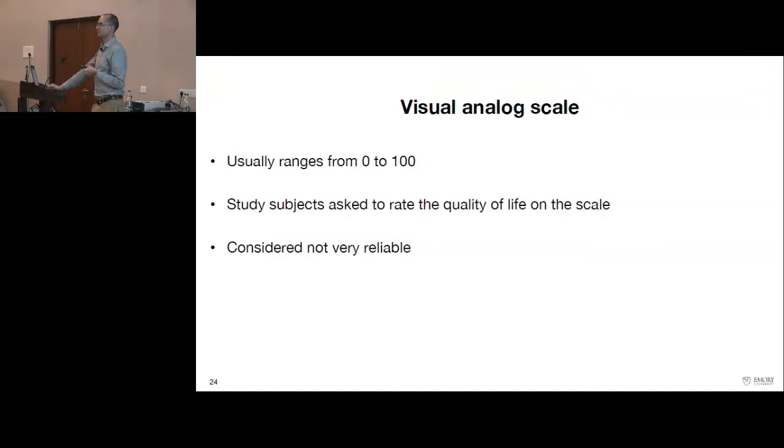So we can just ask people to rate how they would rate their health condition, the utility of the current health state, on a range from 0 to 100. And after we get their estimate, we would just divide it by 100 to get it on the 0 to 1 scale. This is the easiest way how to get the estimate. The problem is that it's so subjective and really difficult to tease out the signal,